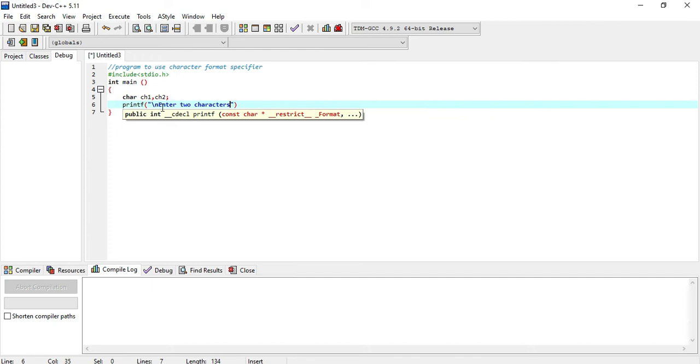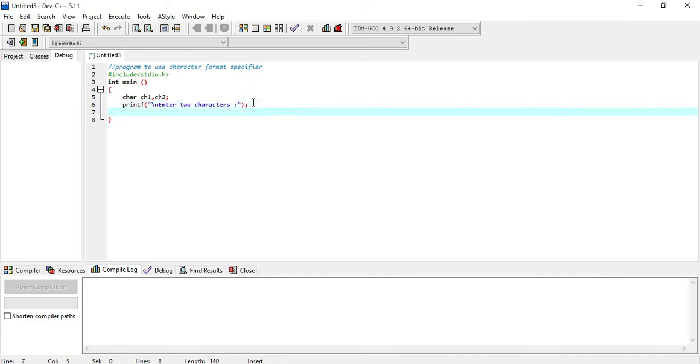But the thing is, you will write those characters from the keyboard that will be characters, not the integer type or not the decimal type. So enter two characters, right, terminating it with a semicolon.